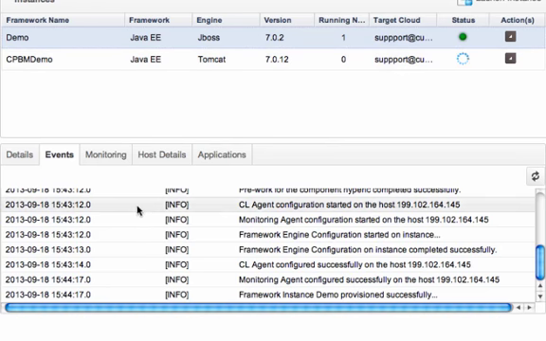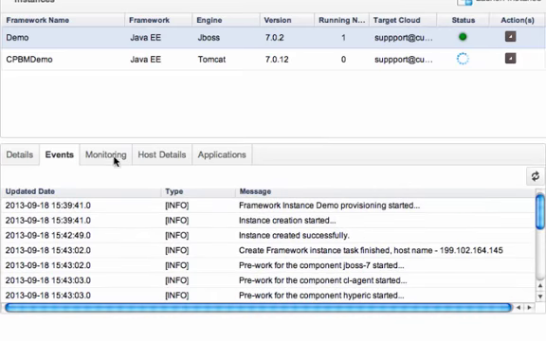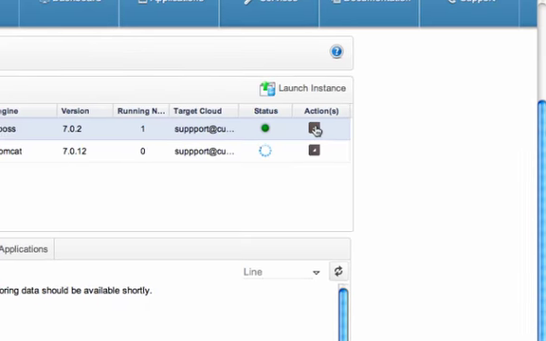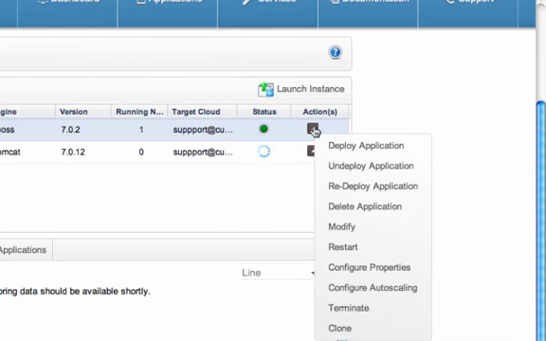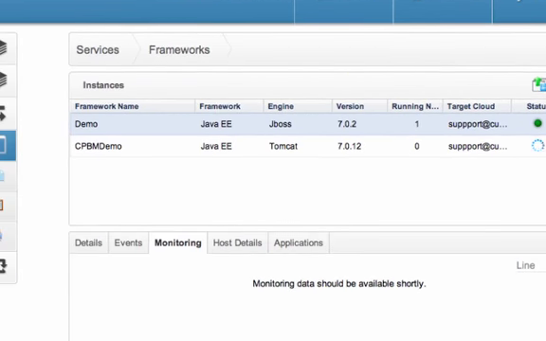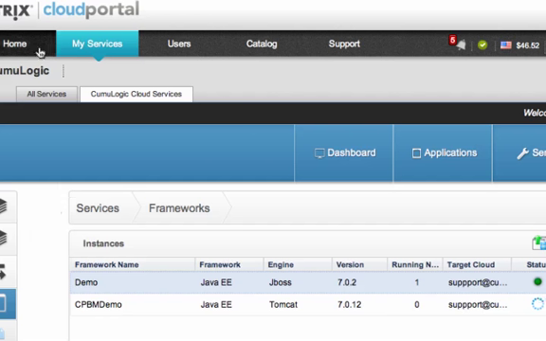Again, let's take a look at this pre-provisioned container. Again, there is monitoring information available. You have capabilities to deploy your application on this container, configure the properties, configure auto scaling of the container, etc. So based on the service that you provision through CPBM, you will have different control functions for your particular services. So going back to the dashboard,